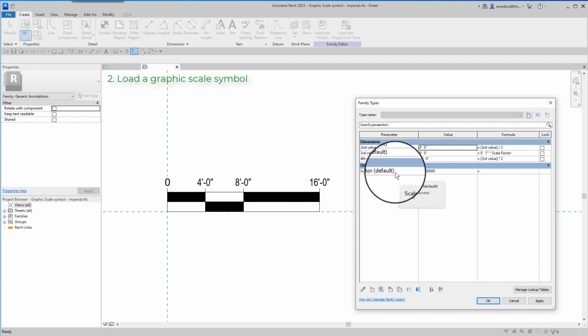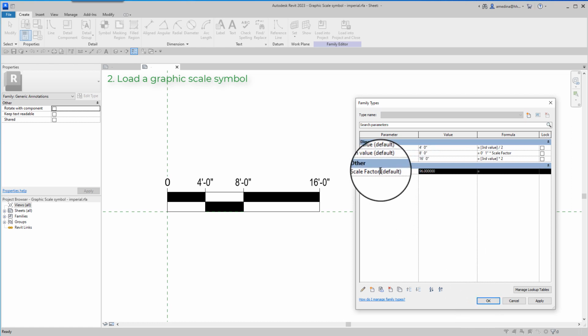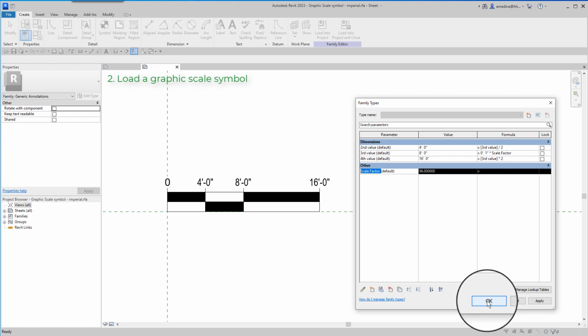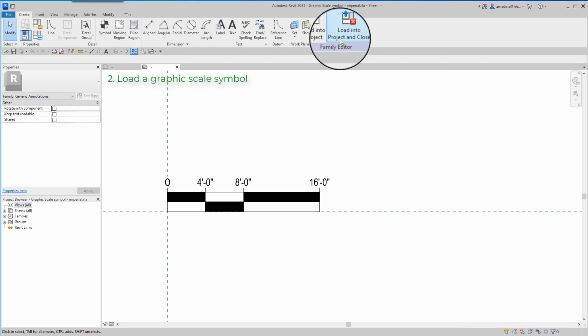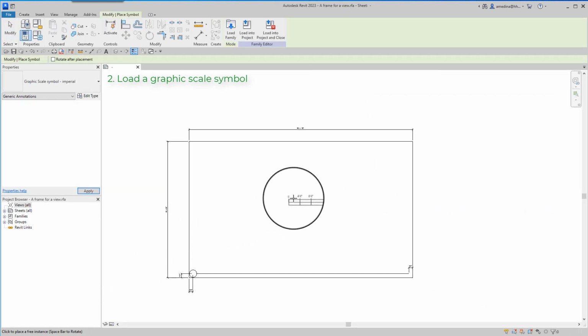All I need to associate in the frame family is the scale factor. So I'm going to copy the name of this parameter, scale factor, Control C, click OK, and load this into my frame family